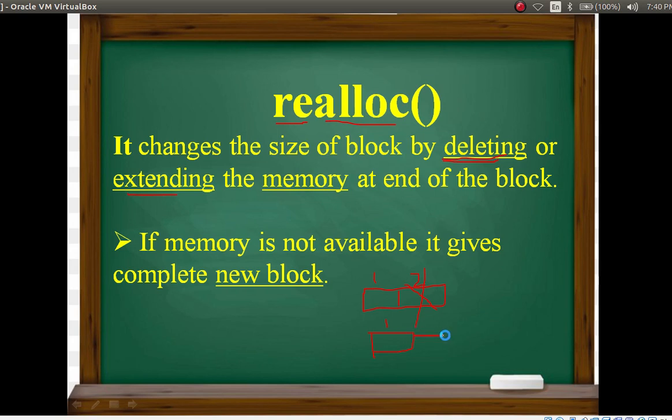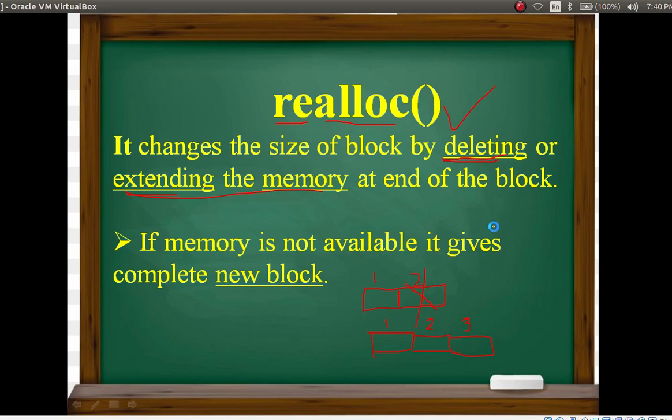Now I want to insert 2 more data, 2 and 3. Now extending the memory.